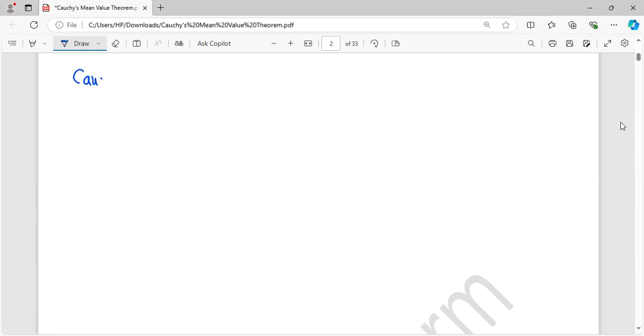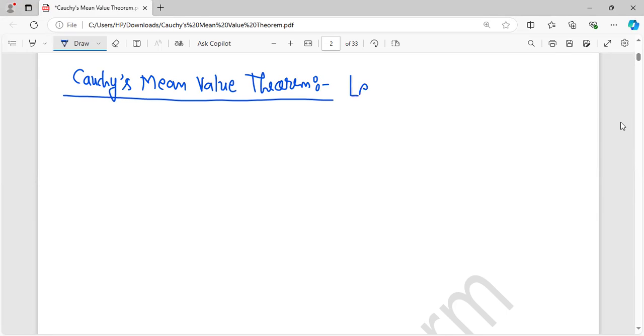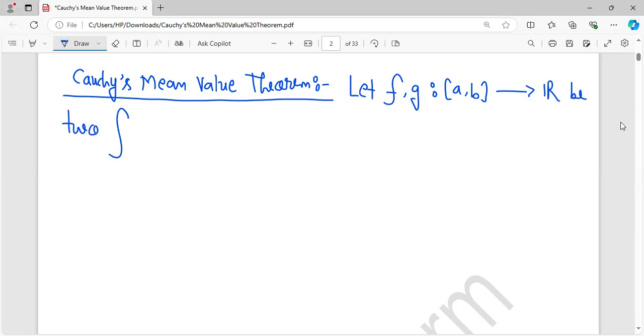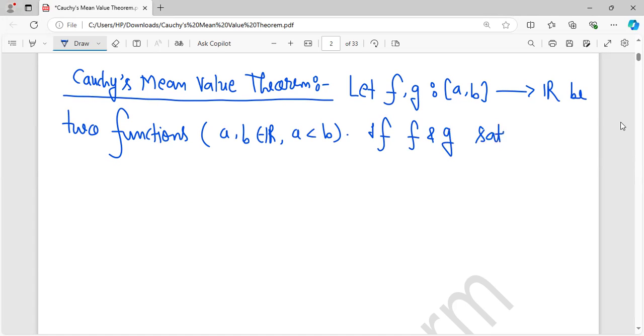So, what is Cauchy mean value theorem? Let f, g be two functions, and a, b belong to R where a is less than b. If f and g satisfy